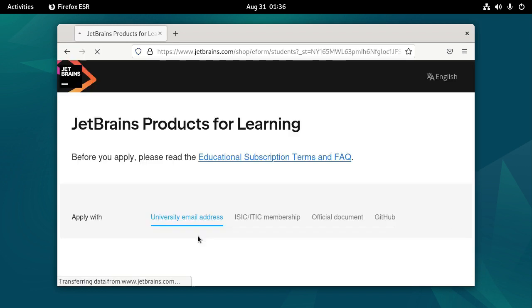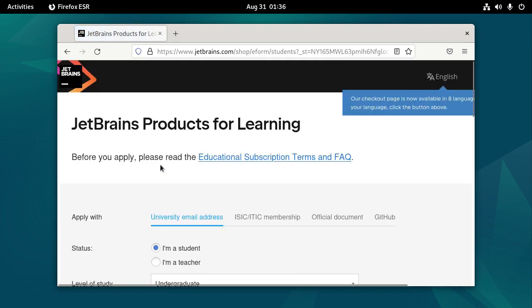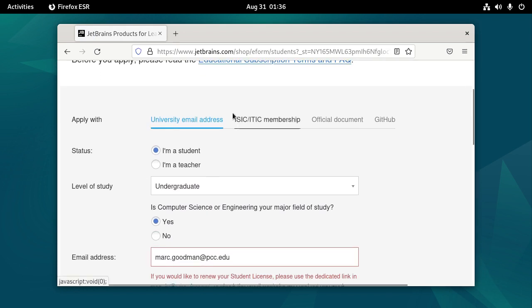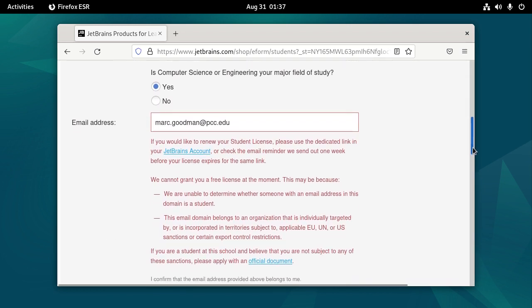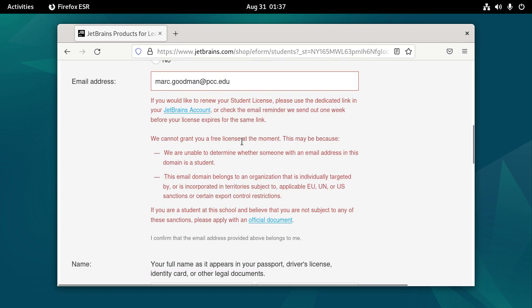Now, click on the form. Now it says before you apply, please read the educational subscription terms and FAQ. But I could just apply with my email address before, but now I have to use other official document. So what it's going to want is student, undergraduate, your major field of study. You have to supply it a form of proof that you are a student, but it's not particularly picky about